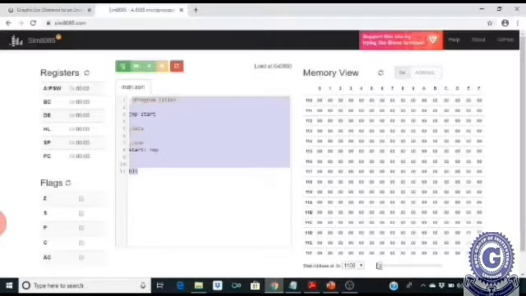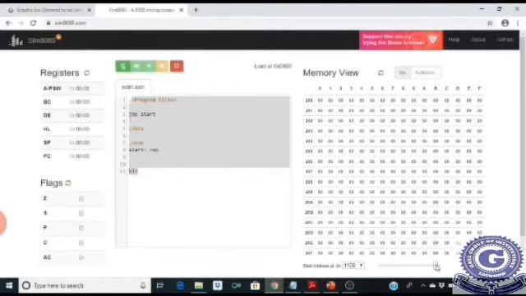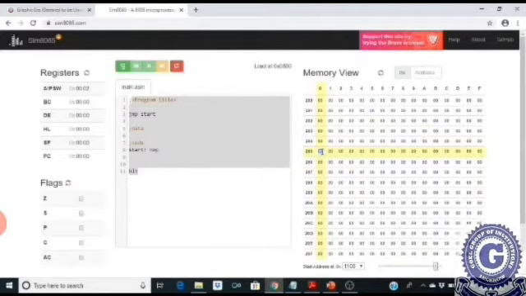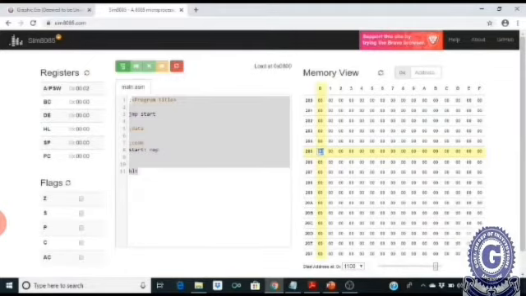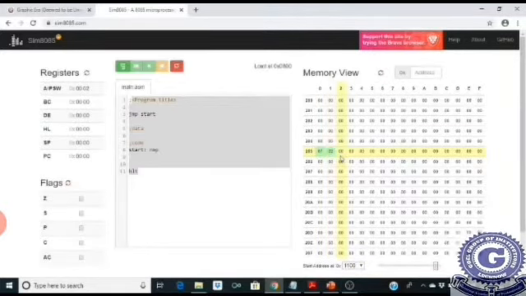In 2050 we will be storing 07 and in 2051 we will be storing 02, and then we will move to this program editor.